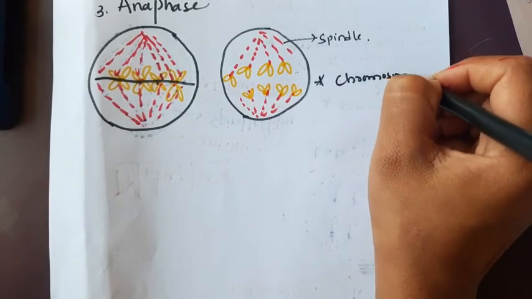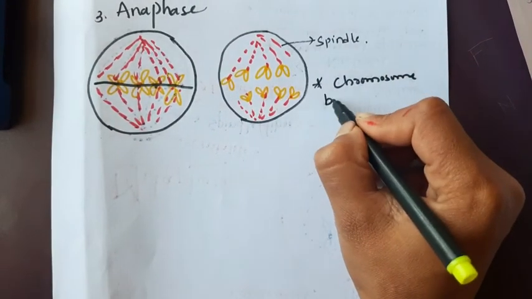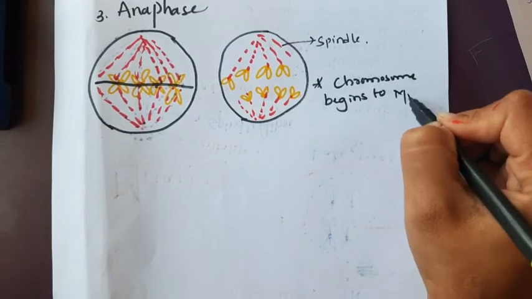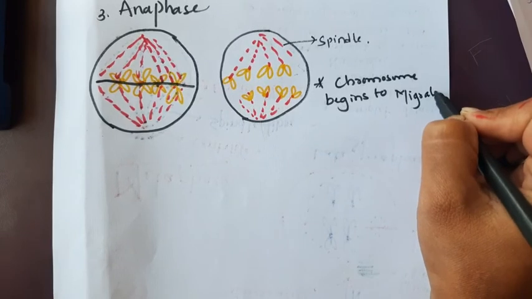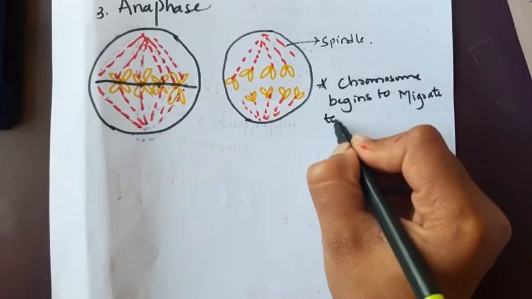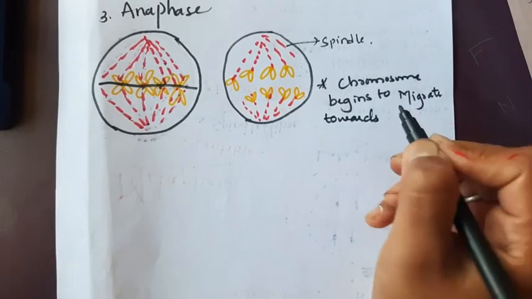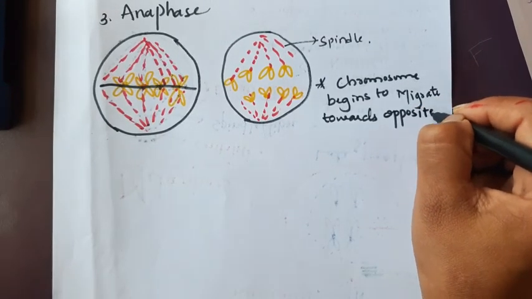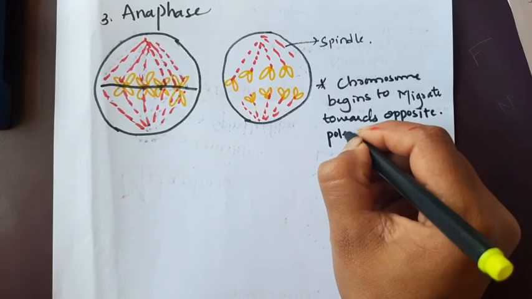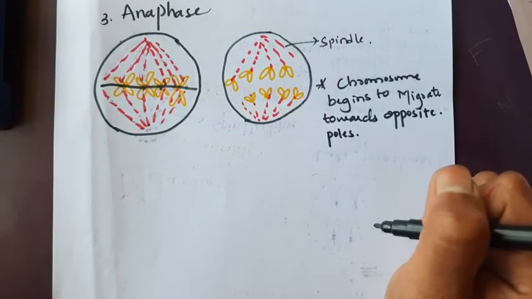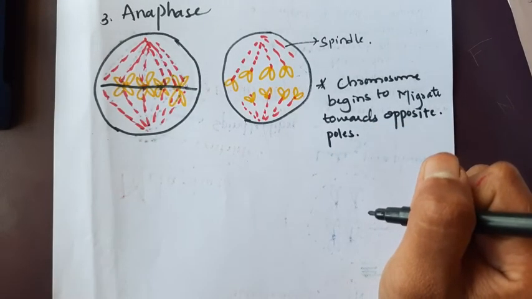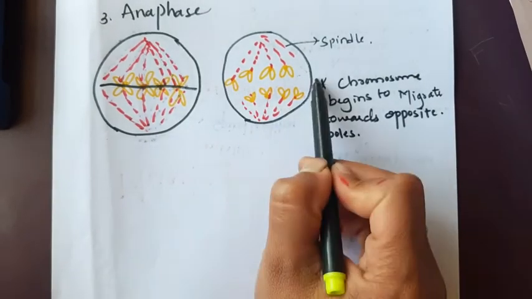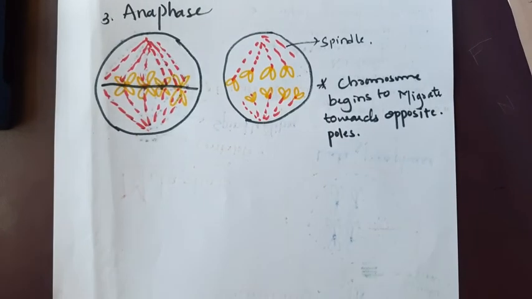Chromosomes begin to migrate towards opposite poles. Okay, then as each chromosome moves away from the equatorial plane,